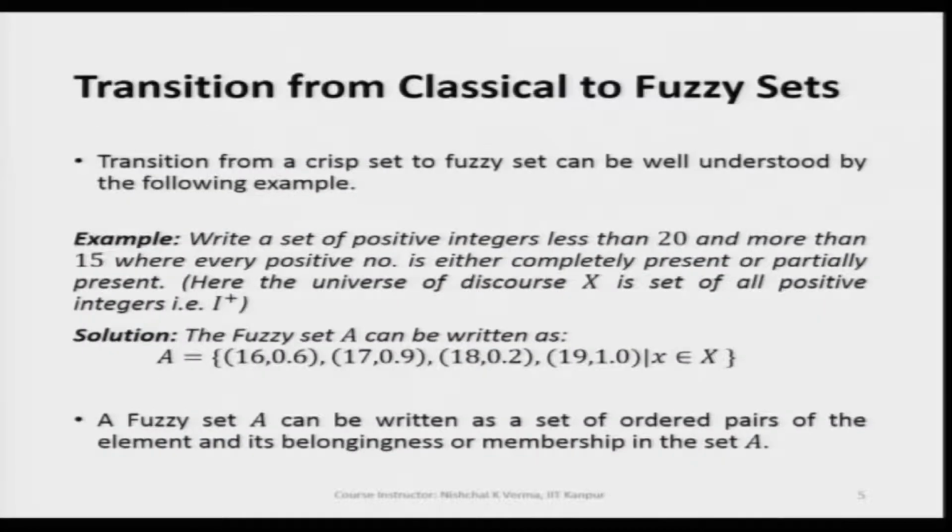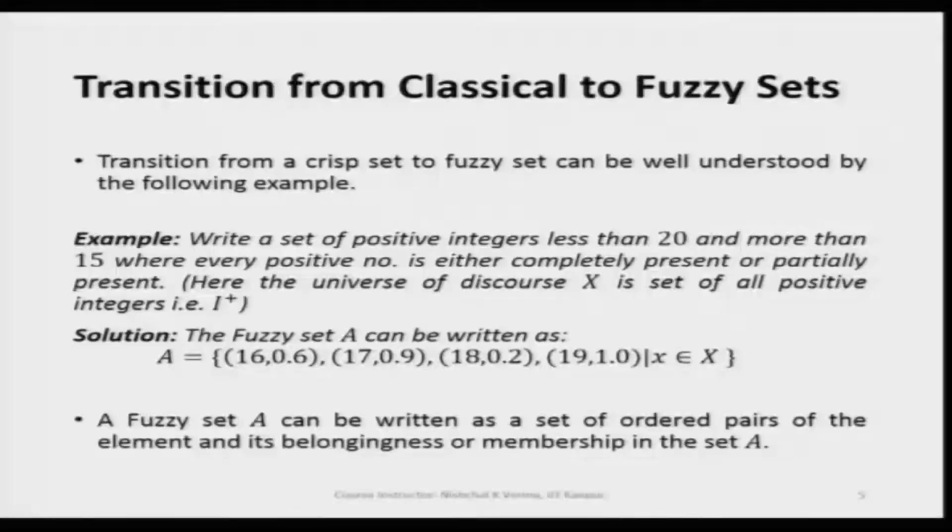So, let us now move from the classical set to the fuzzy set. In a classical set we do not write any membership value, because it is understood that the elements in the conventional, classical or traditional set, which is based on Boolean logic, have 100% membership value. So, that is why it is not written.